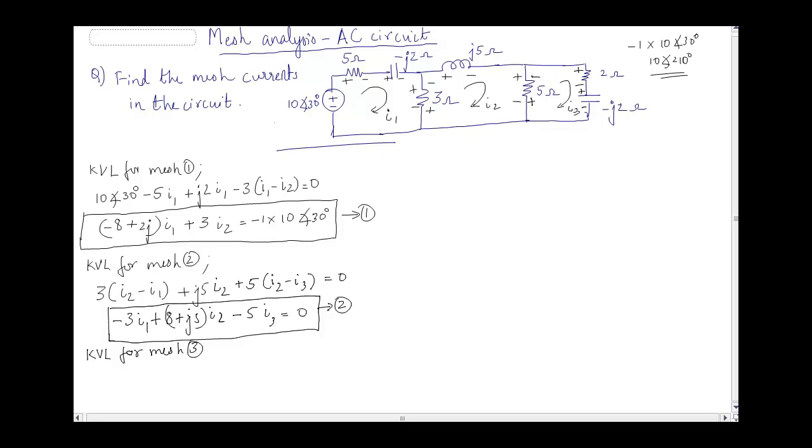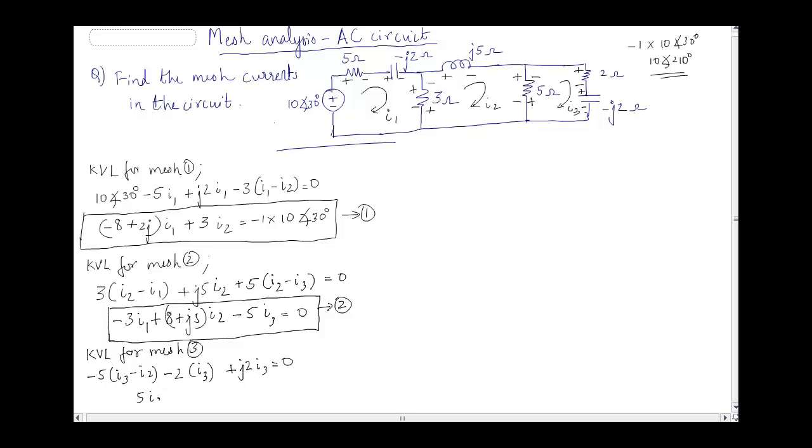Here again I'm going to take the front, so I'm going to take minus 5 I3 minus I2, then minus 2 I3, then minus of minus j2, so it is plus j2 I3 is equal to 0,